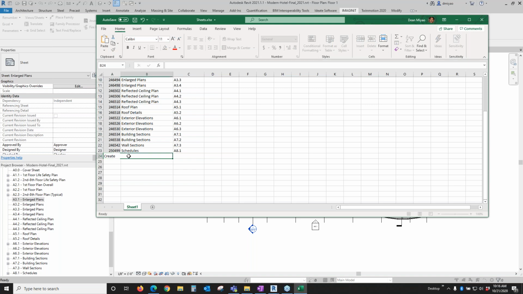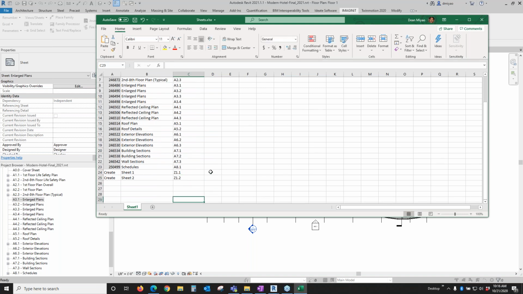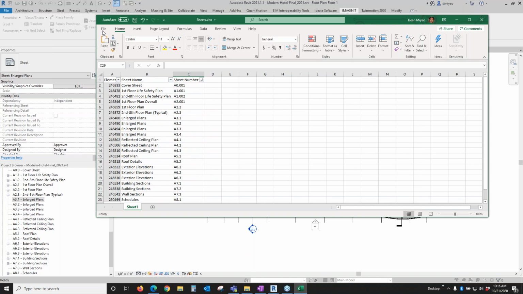And I'm going to give it a sheet name, sheet 1. I'm going to give it a sheet number. Let's go to the bottom, Z1.1. Let's create one more. I'll call this sheet 2, and call this sheet number Z1.2. Okay, so now that I'm happy with the edits that I've done to my Excel sheet, I'm going to go